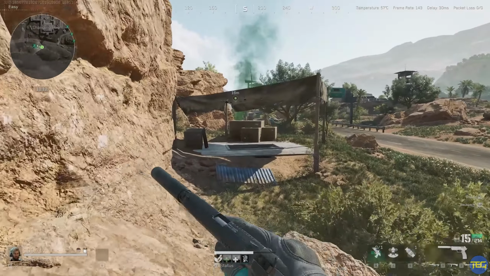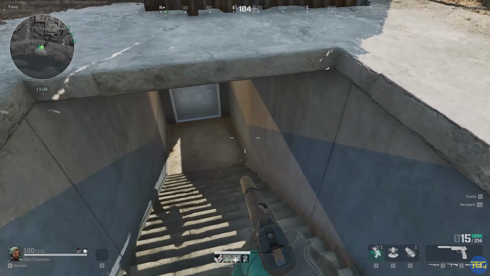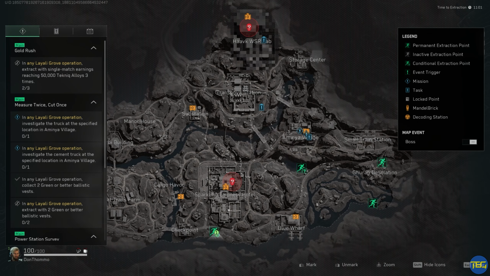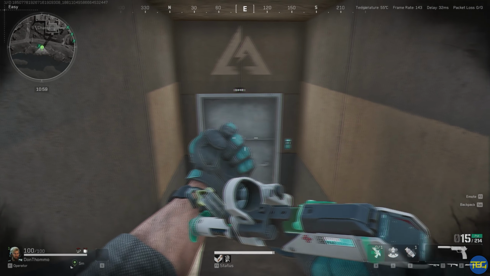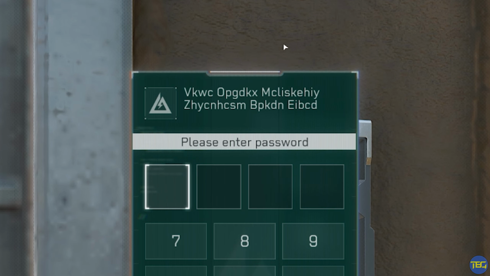The fourth crate on Layali Grove is a fairly complicated puzzle that involves quite a lot of running around. The door for this is found at the southern paid extraction point to the south of the hotel. You go down to this bunker literally right next to the paid extraction. You'll find a locked door requiring a 4-digit code, which also has a load of weird letters written above the